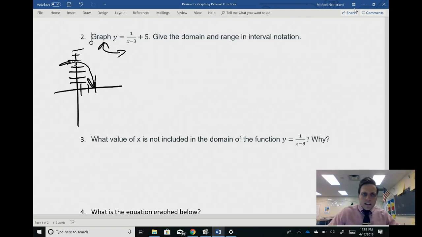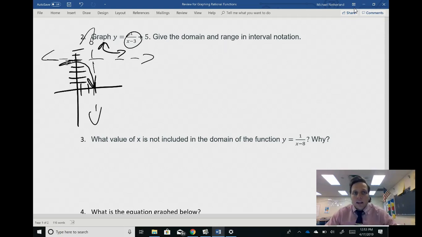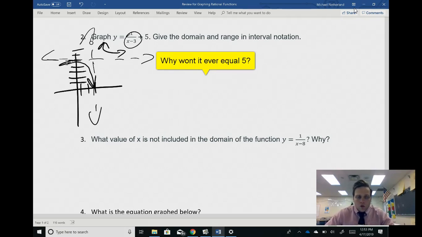Okay, and the reason is that you should be aware that we obviously have a vertical asymptote happening when x is 3, because if x was 3, we would get 0 in our denominator. So we have a vertical asymptote there. Then we have a horizontal asymptote where y is 5, because there will never be a case where y equals 5 for this problem. So we have our two asymptotes, and it wants us to give the domain and the